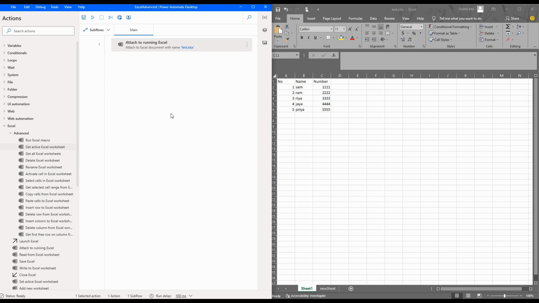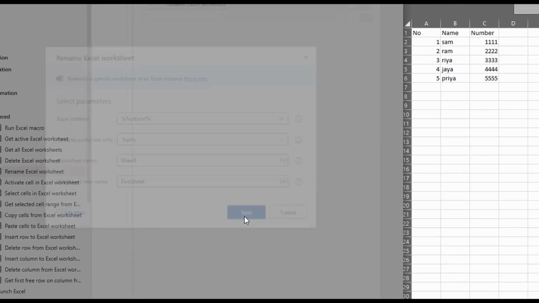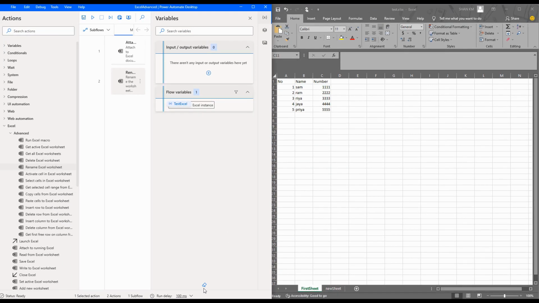Now we can delete that and move to the next action, which is rename Excel worksheet. So using this, we are going to rename the Excel worksheet. Just pass the Excel instance and we have two choices here for renaming, using name or index. Here I am proceeding with the name and passing the sheet name as sheet 1 and the new name which we need to be used. So I'm just putting first sheet and clicking on start. So now we have seen that the sheet name is changed to first sheet,